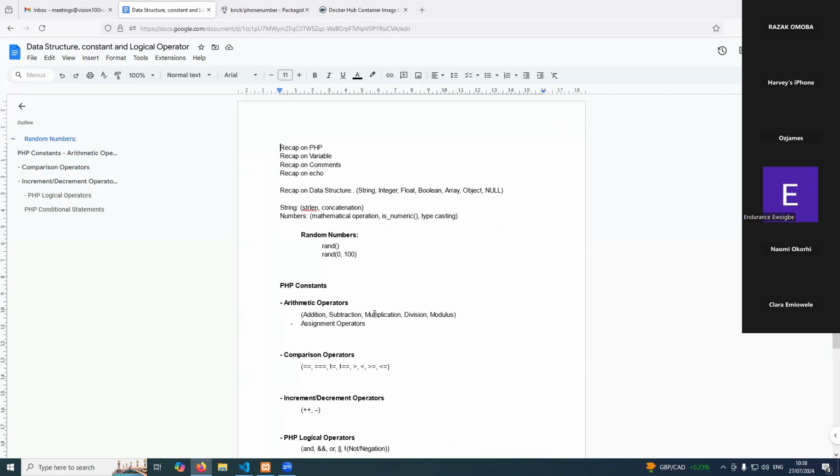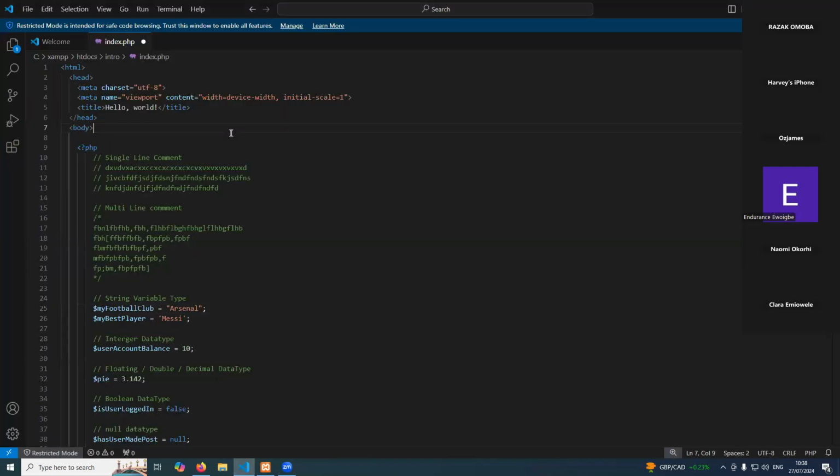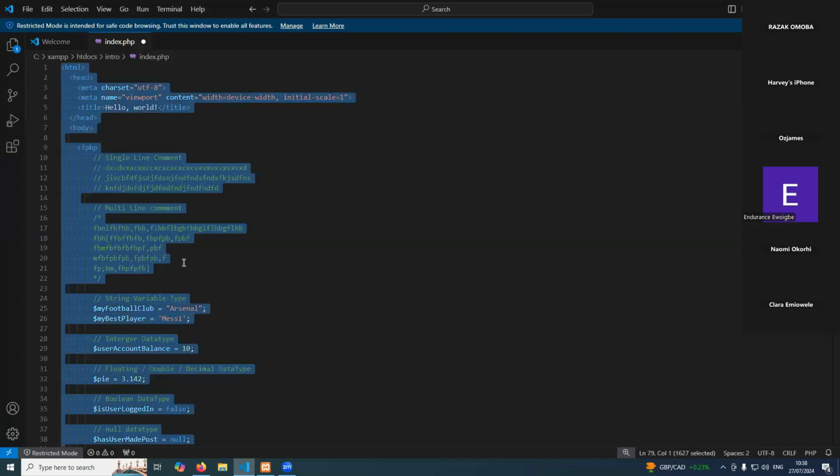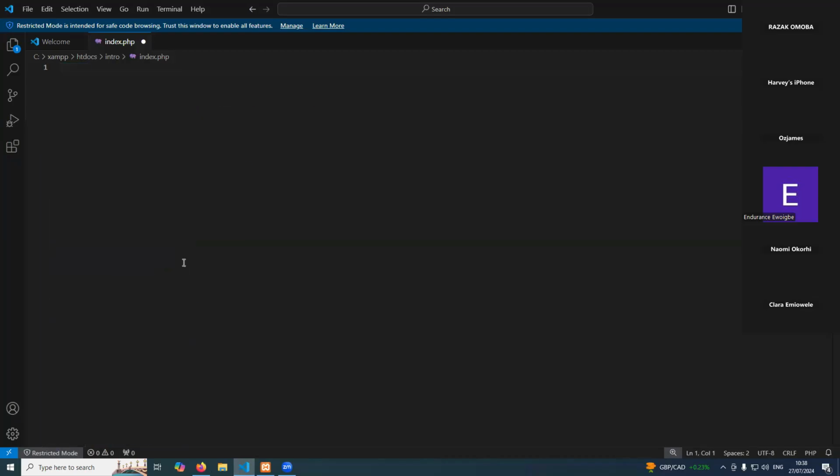Now, PHP is a backend server-side scripting language. Like I said, PHP is not on its own, so we're using this VM virtual user code. So let me just delete everything. Now, to start PHP,